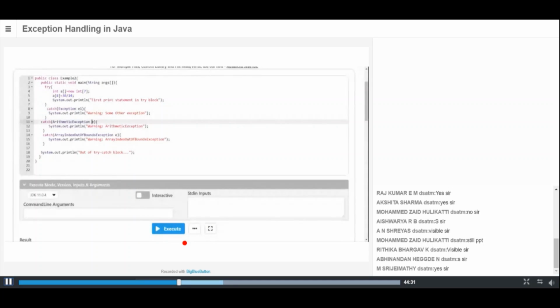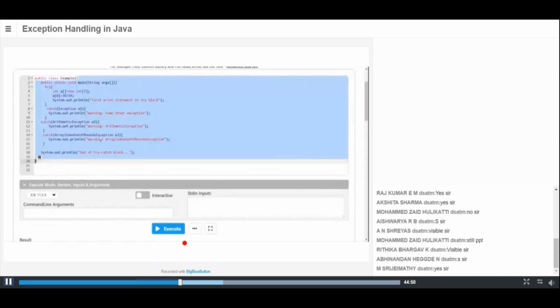Assume I have two separate objects. Okay, these are all objects. This is what I'm going to execute. Okay, no problem.